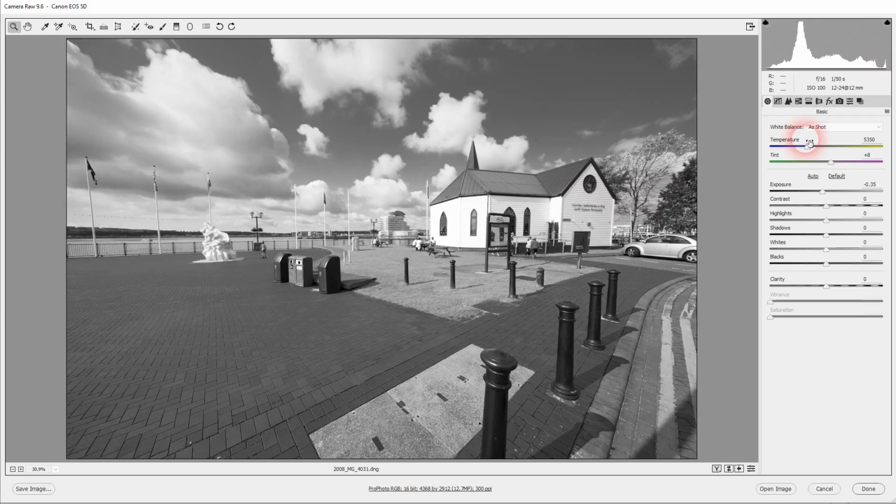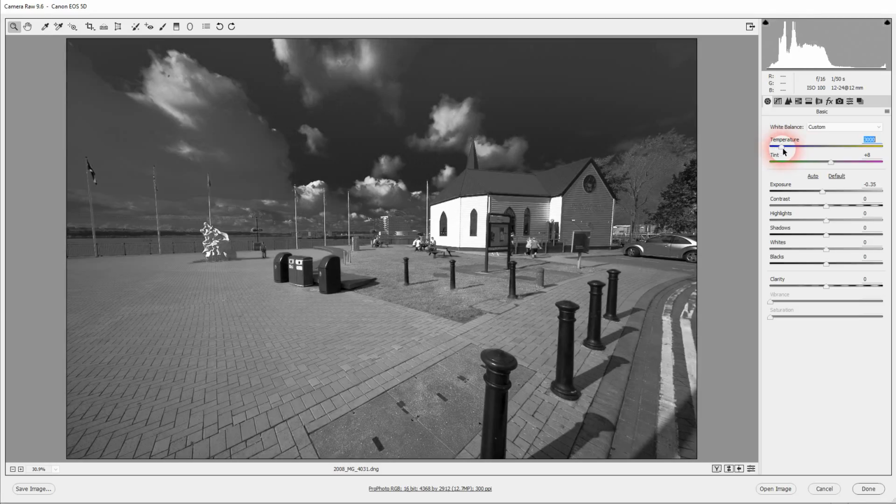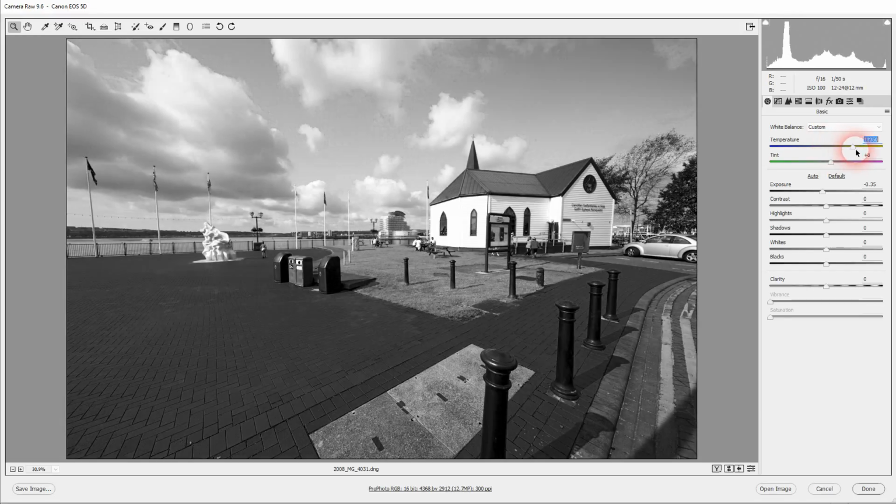Color temperature defines that mix of different colors, and if we drag the color temperature, now at the moment it's 5350 as shot, but if we drag this, that mix of red, green and blues changes, and so it has a terrific effect on the way that blending